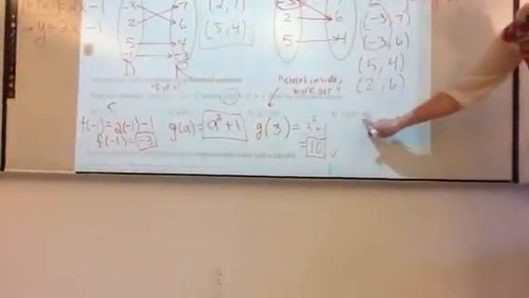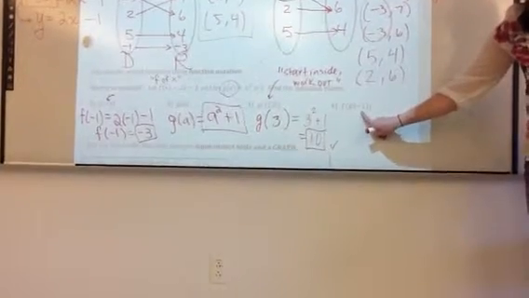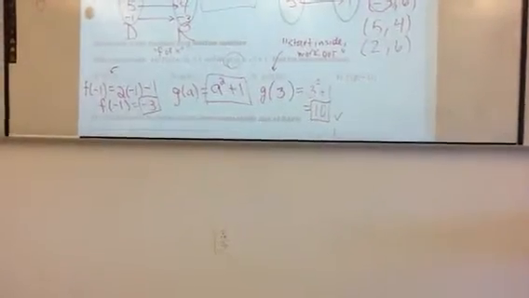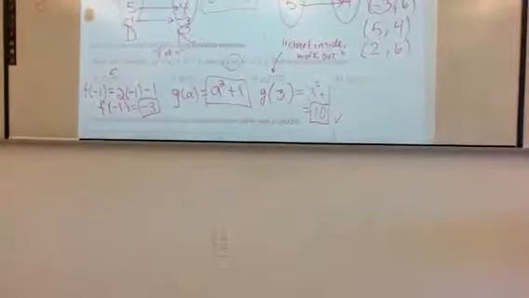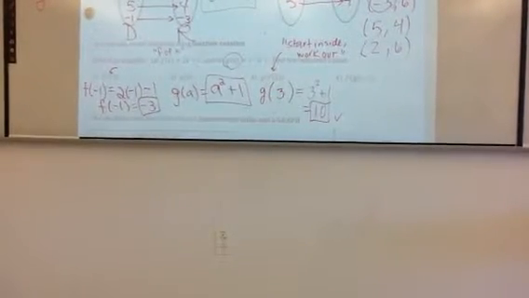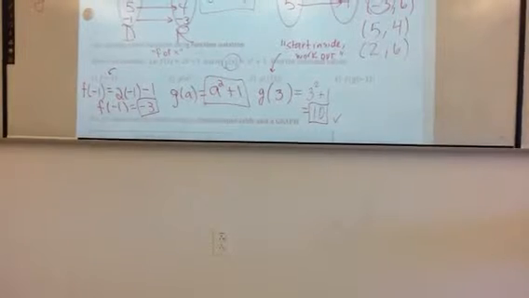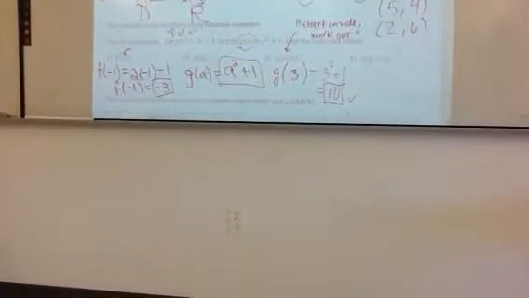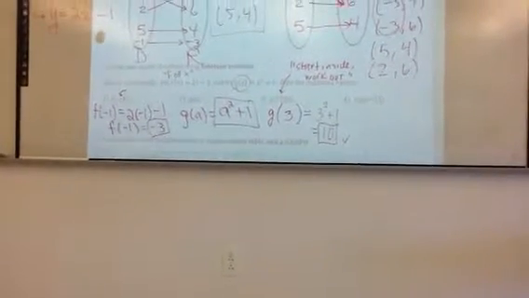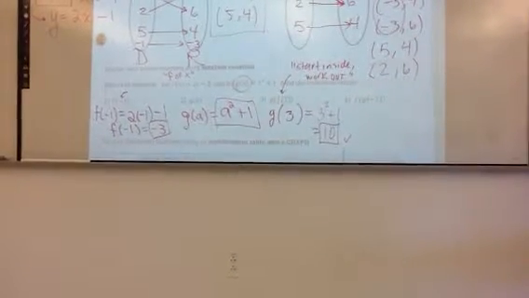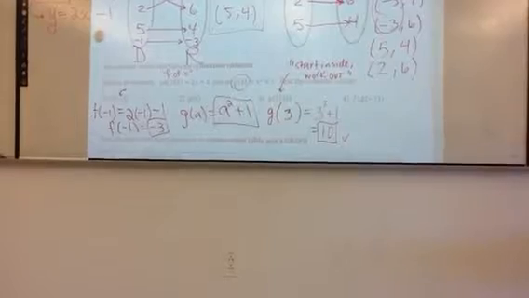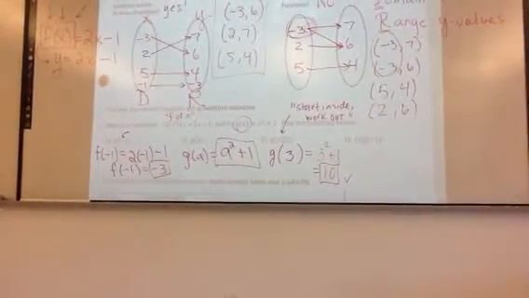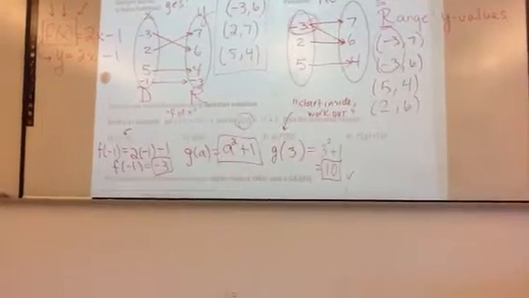Take a minute right now, see if you guys can try this one. Take g of negative 1 and try and put it into f afterwards. So start from the inside, work out. Take g of negative 1, get a number,